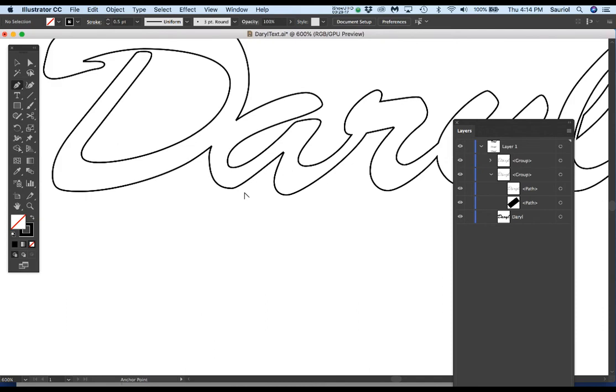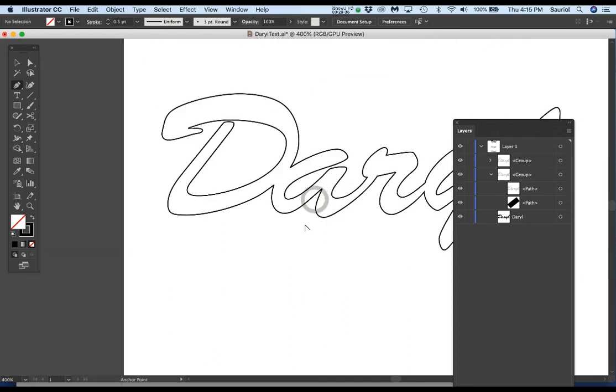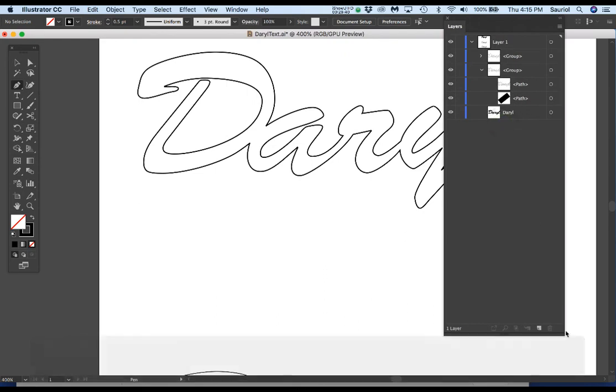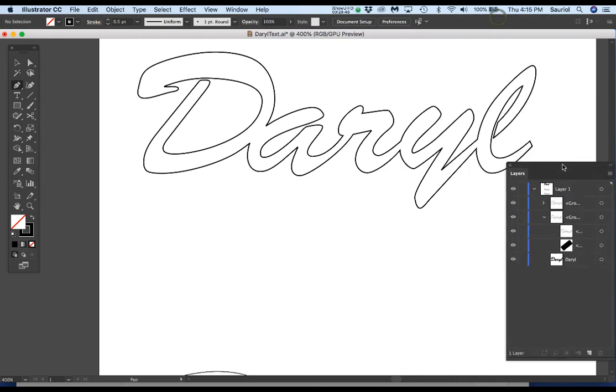There, that looks good. So too many handlebars, this is a joke, too many handlebars spoil the curve. That sounds like a little rhyme. Okay, so the least amount of points with the right handlebars, or Bezier handles as I should be calling them, works. Now Daryl looks really good there. Let me make this come back up, and now I am ready to bring this back into After